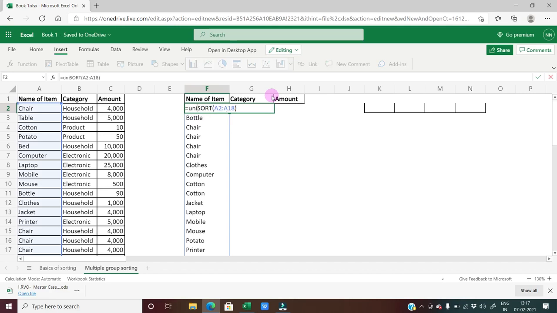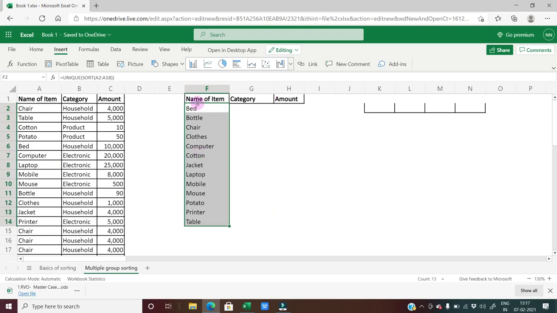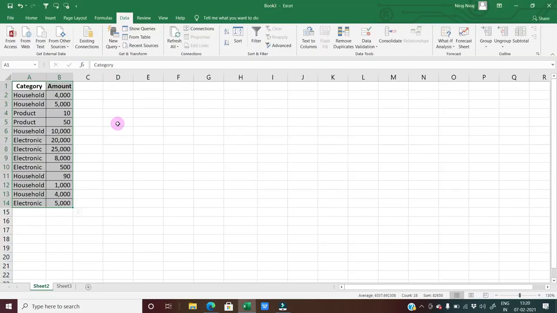So I will put unique here and just close the brackets. You can see it has sorted everything, and now it is also in unique mode, only the unique names are coming here. So that was all about the formulas of sort, unique and filter.